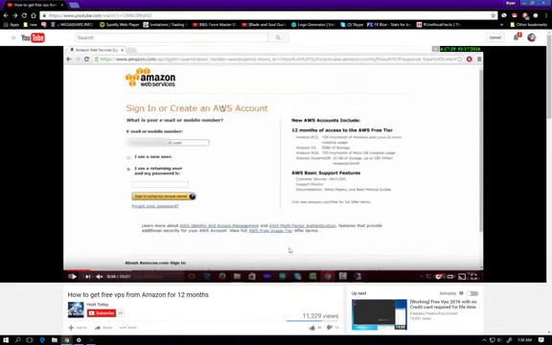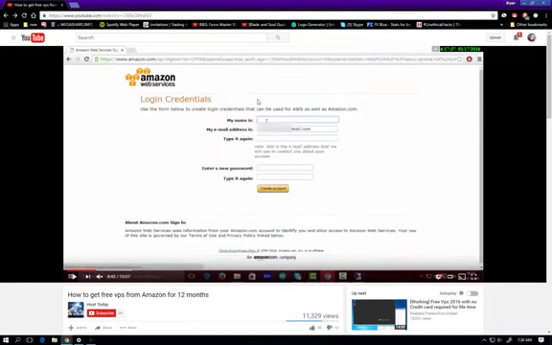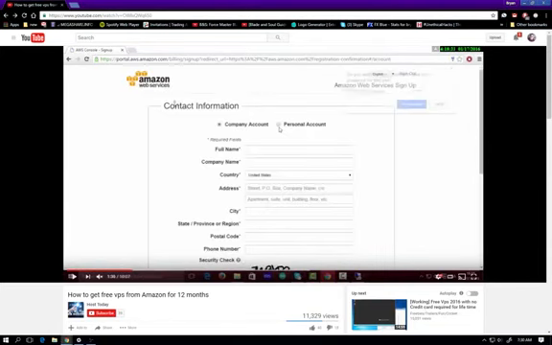Okay, so it's going to ask you to sign in or create. You'll just sign in and make sure it's I'm a new user, and then it'll ask you to do a password. Next, you'll go to this, which is your login. It's going to ask your name, your email, and then to create your password. The reason I'm going through this step by step is this is like a 5-step process. After you do that, next screen, it's going to go to contact information.